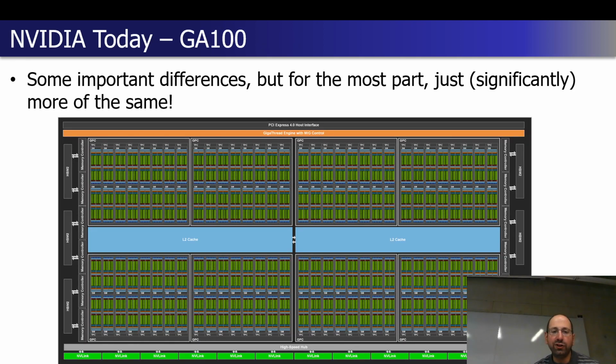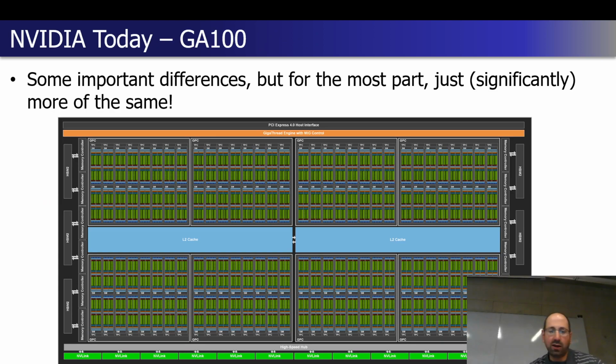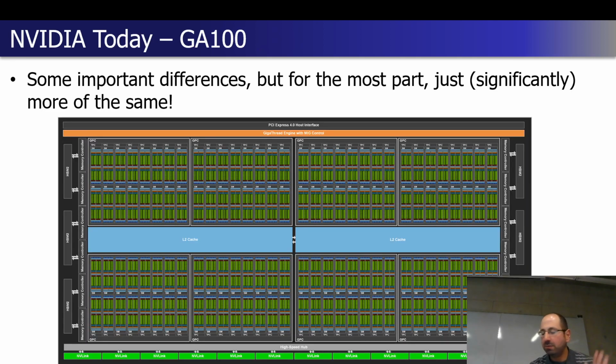With each major revision, there are additional features, either different types of instructions that can be supported or custom support for different classes of somewhat general purpose computation. And there are innovations, things that only work on this hardware that wouldn't work at all on the older hardware. But for the most part, it is a scaled up, cranked up version of the same basic design. The real innovation happened with the creation of CUDA and the supporting devices. Since then, it's gone from CUDA 1.0 to, I don't know what we're up to now, either 11 or 12, really just more of the same.